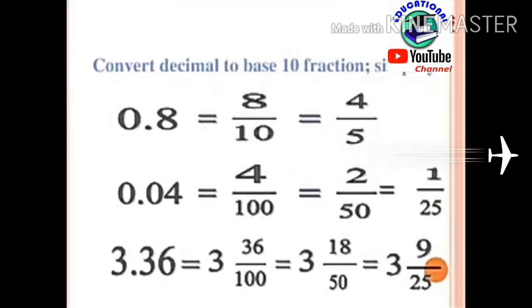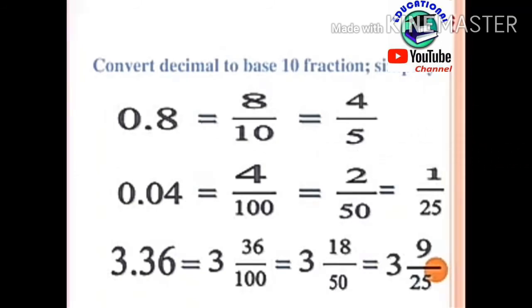Again we are converting decimals into fractions by changing into base 10. Okay. First is 0.8. So it is 8/10. Now we simplify by dividing by 2. 4/5. 0.4. So in fraction it is 4/10. Now we simplify it by dividing by 2. So it is 2/5. One example, and now the next one is